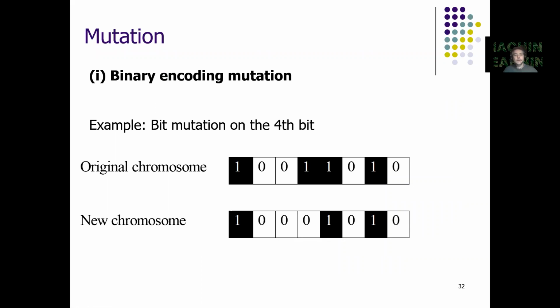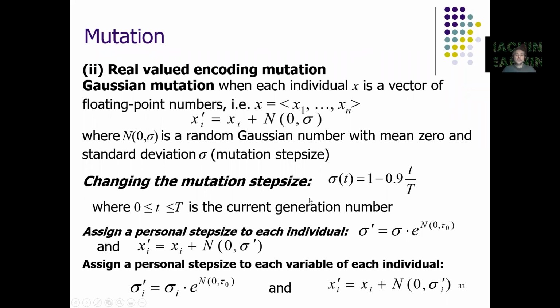Some more examples here. Binary encoding and bit mutation is used on the 4th bit. So you can see the original chromosome and the new chromosome. Since the mutation was applied to the 4th bit, that changes from 1 to 0. Some examples and more